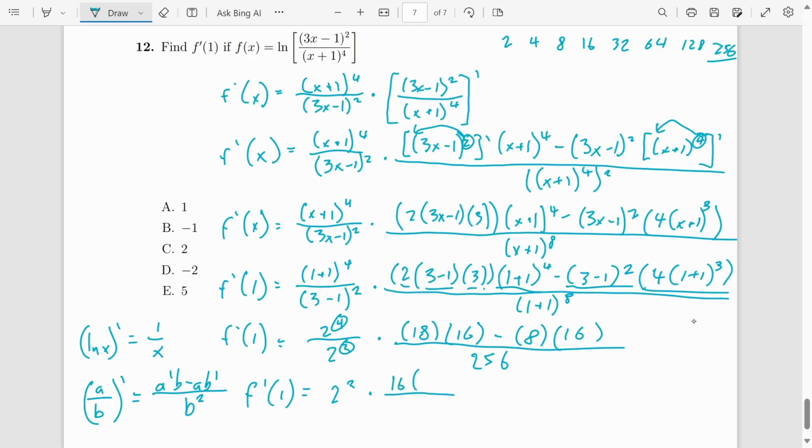So we've got 16 times (18 minus 8). And this is all going to be over 256. Now this equals 4 times, this is 4, 2 squared. 4 times, all right, 16 times 10, so that's going to be 160 divided by 256. And this is now equal to,